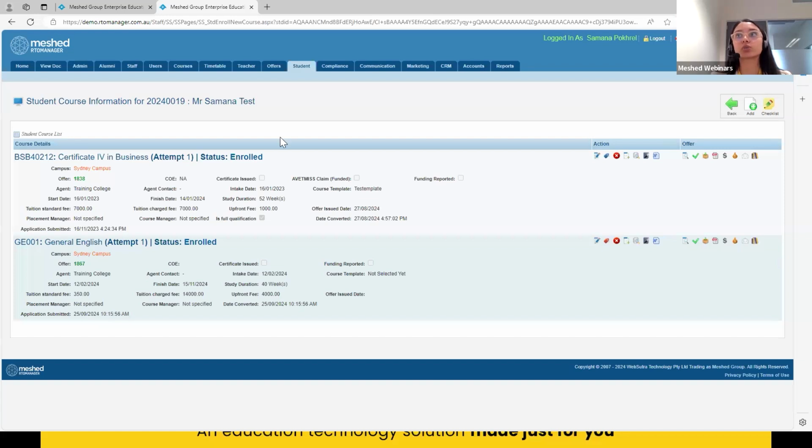Okay, from the student and course page, you'll be able to see the same list of icons on this page as well: preview offer letter, approve or reapprove offer letter, and then download offer letter. Now, same thing as you did in the offers page, you'll be able to do from this page as well. Okay, now moving forward,